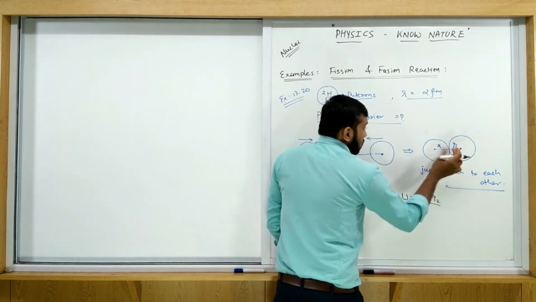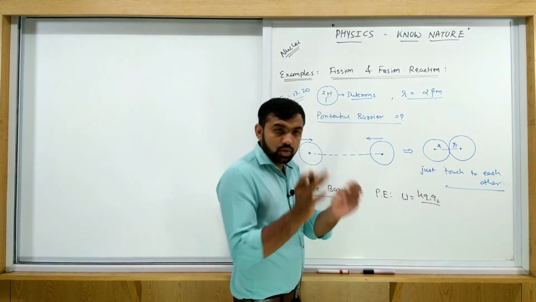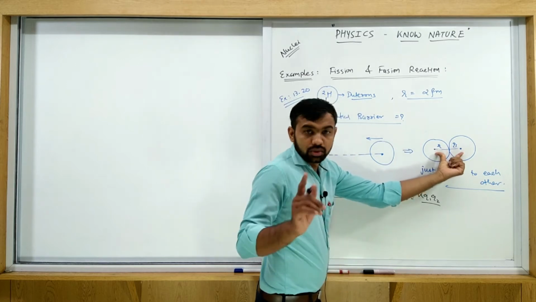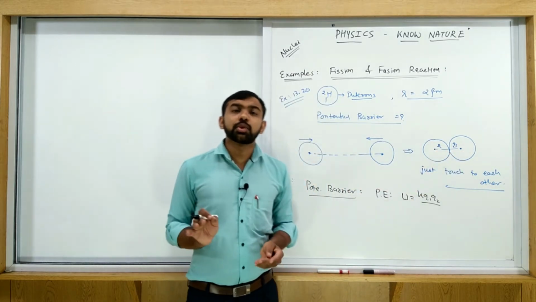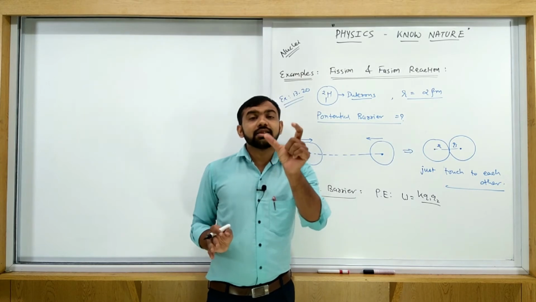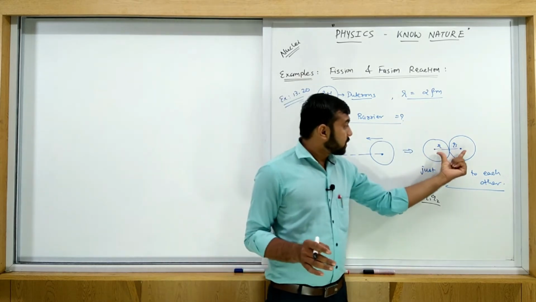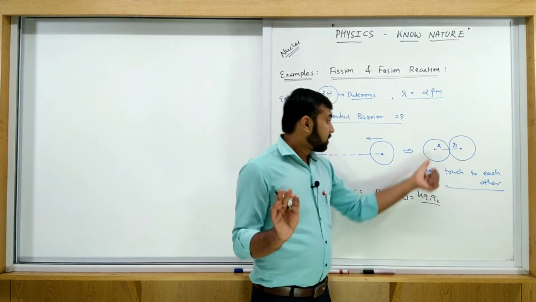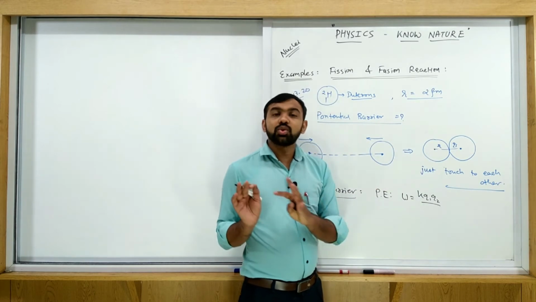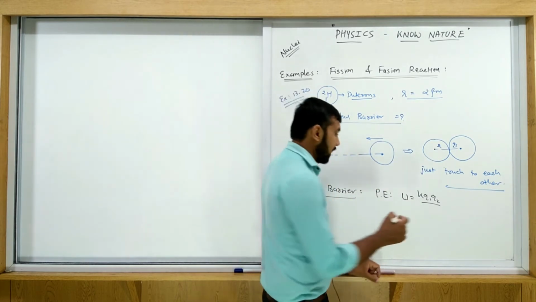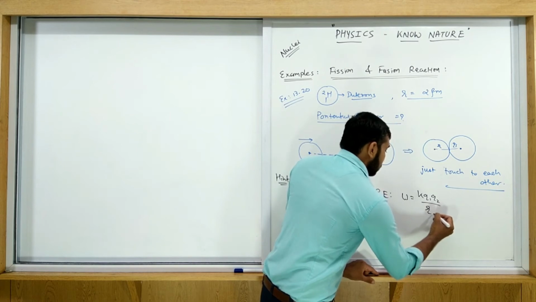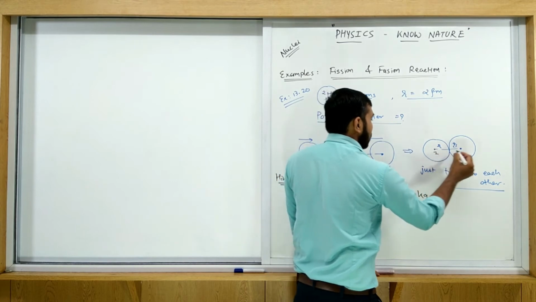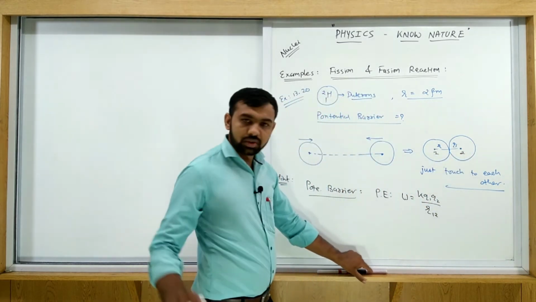Now what is the distance? See, when they are just touching each other, this r plus r, the total distance is 2r. The actual equation is K Q1 Q2 upon r, where r is the distance between the two charges. So what is the distance between the two charges? Here it is 2r, so I place 2r here. Do you understand? The actual equation is K Q1 Q2 upon r between two charges, so let us write r12. Suppose this is charge 1 and that is charge 2.